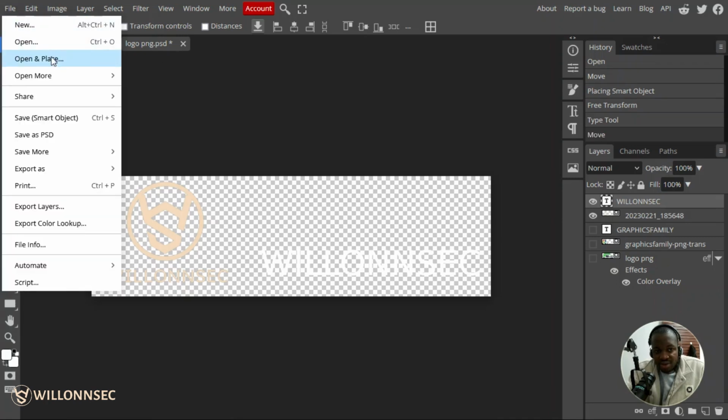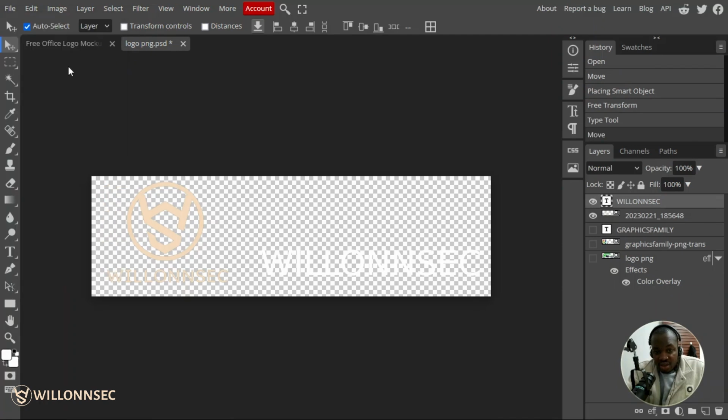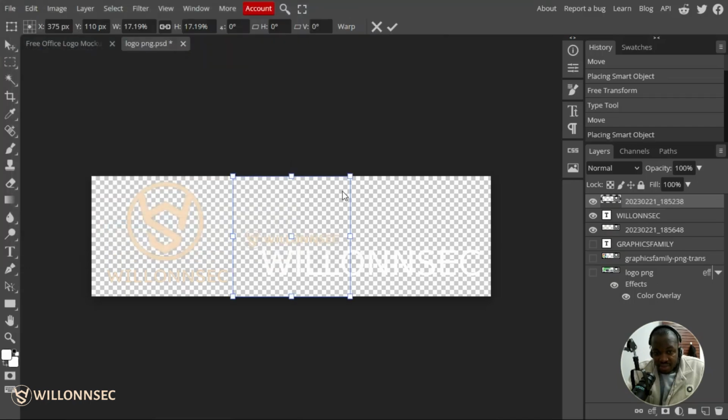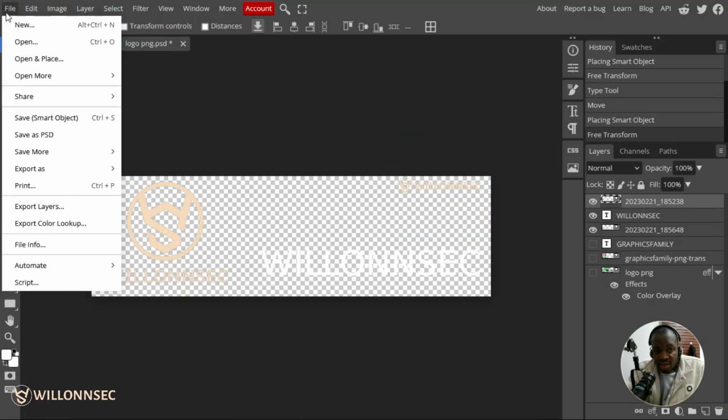As well, you can import any logo, maybe the second logo if you have different logos. So I will just put it here. Then I'll make this one very small. Then I will resize it. So that is it. Okay, the next thing to do, you can use Control S to